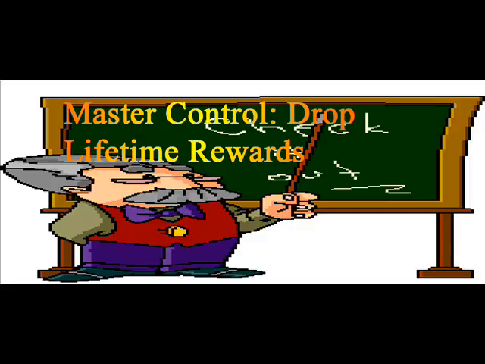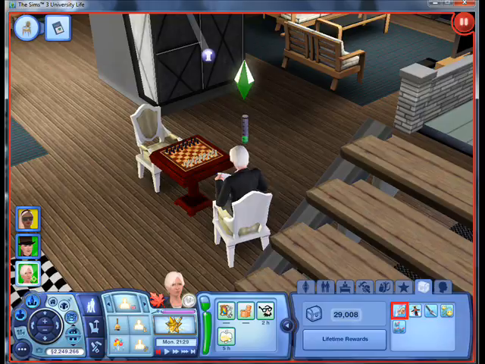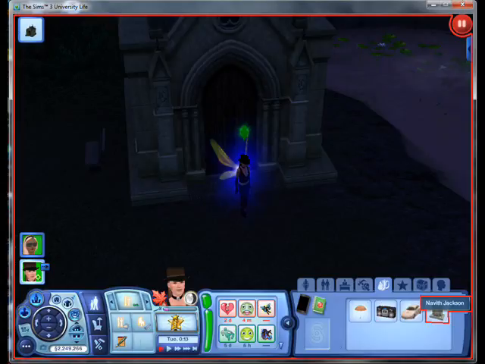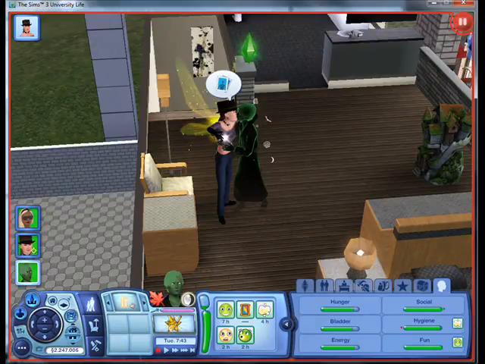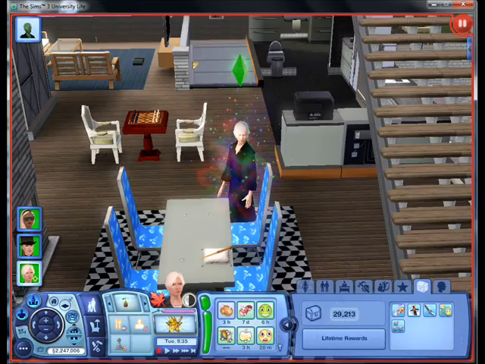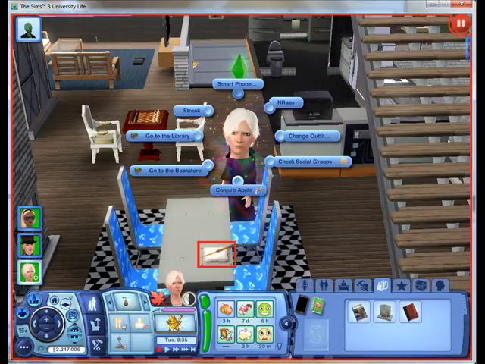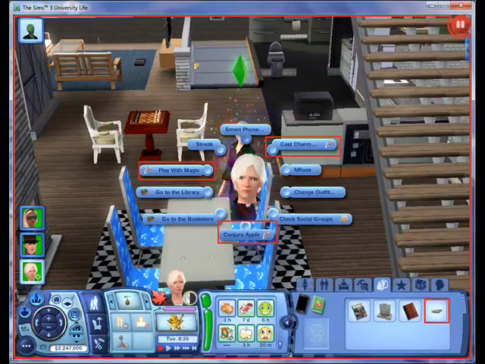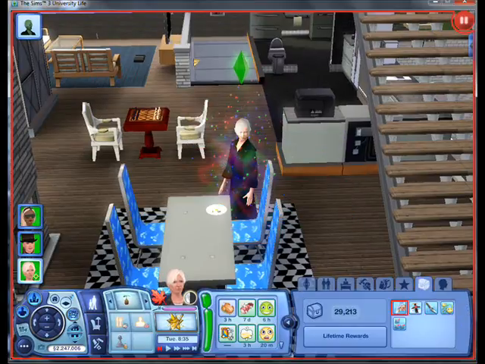The Drop Lifetime Reward. For an example, let's say that you have a witch who has the Magical Hands Lifetime Reward, died, became a ghost, and has been resurrected, but now their magic does not work without a wand, even though said witch still has the Magical Hands Lifetime Reward.